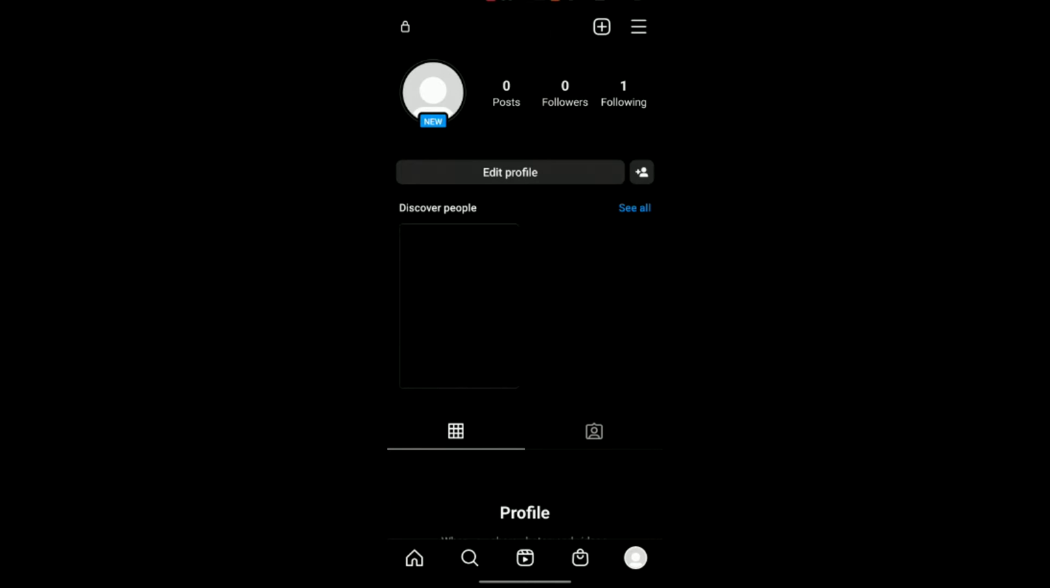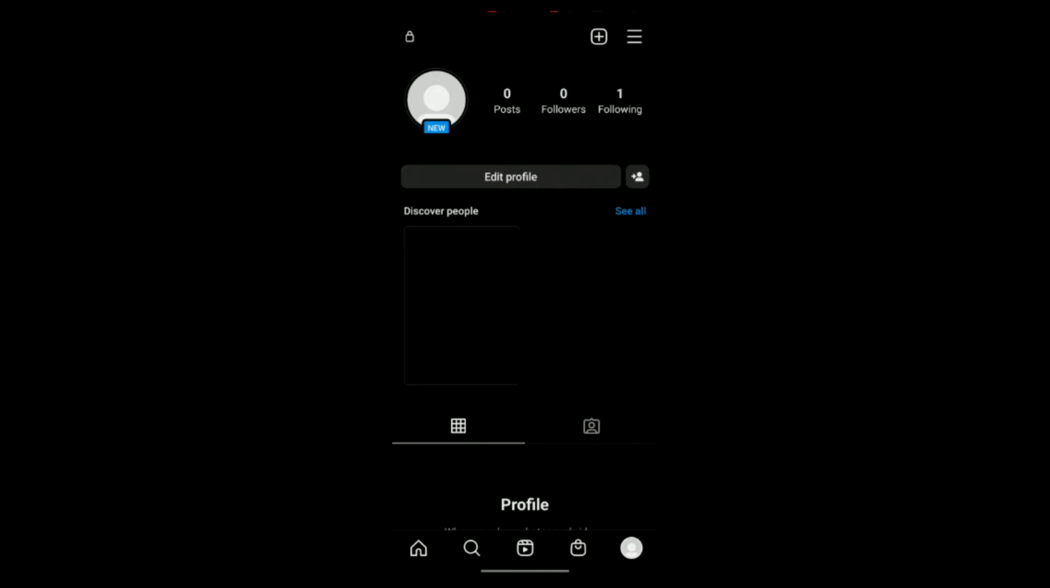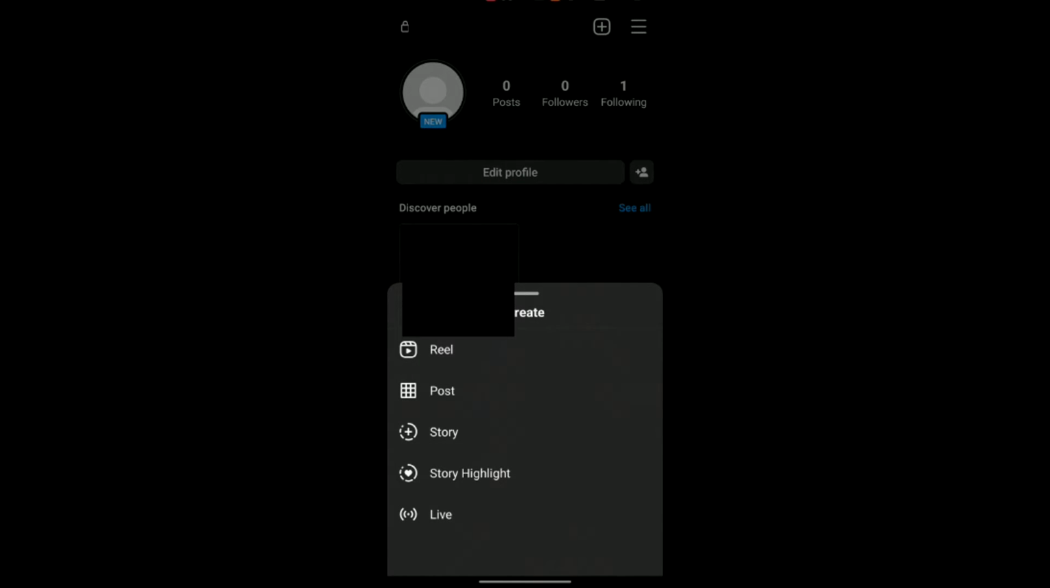Today I'm going to show you how to add to your Instagram highlights without adding to your story. So the first thing you need to do is click the three bars in the upper right corner, then click story,